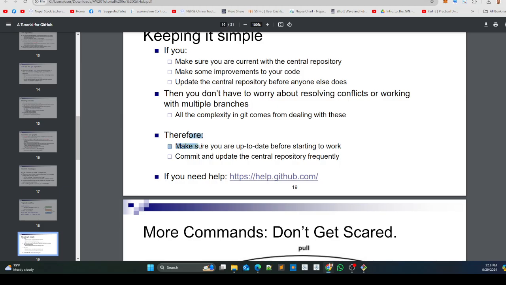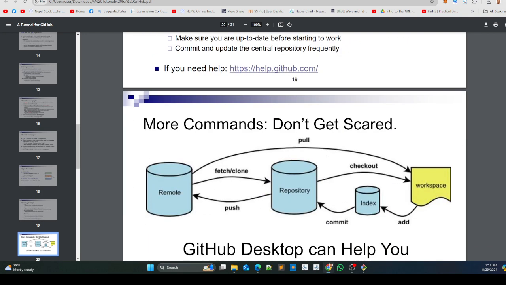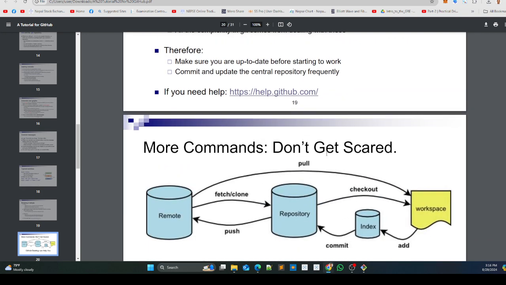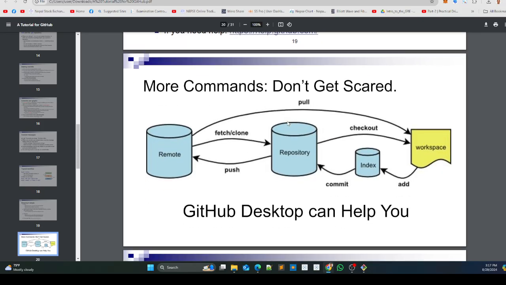Okay, so you need to check whether you are updated to that remote repository or not. Commit and update the central repository frequently. Okay, so here is all the things. So more commands, don't get scared. Okay, so to change directly from remote to repository without going through that staging area, we can just do fetch